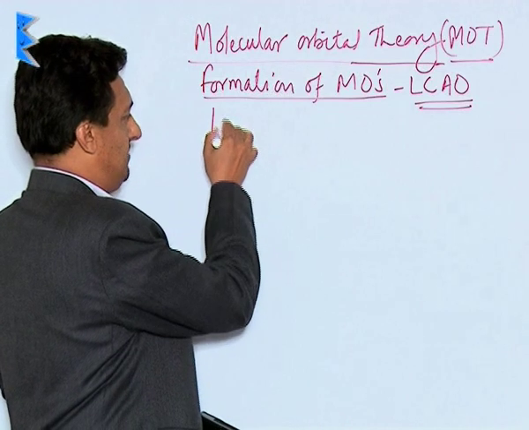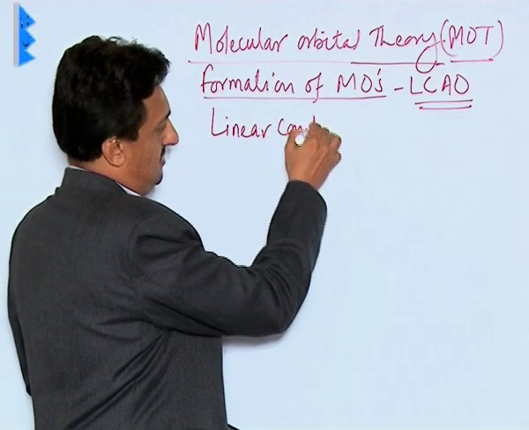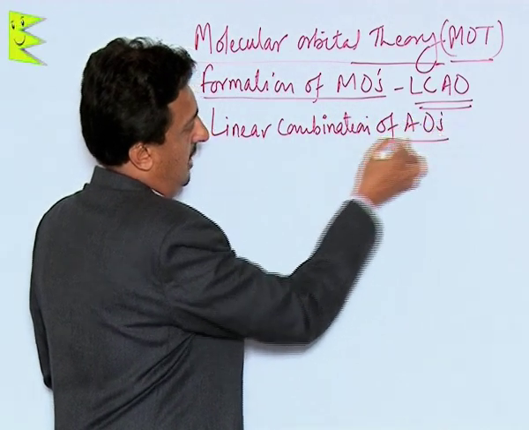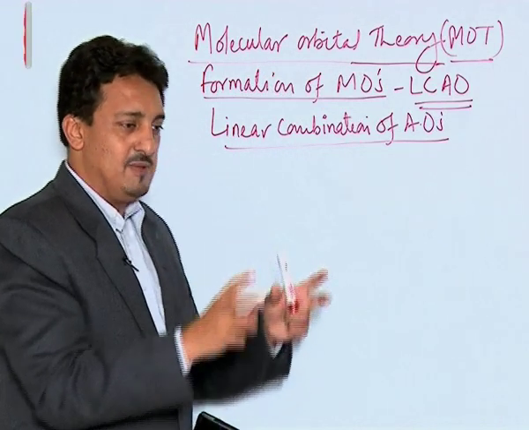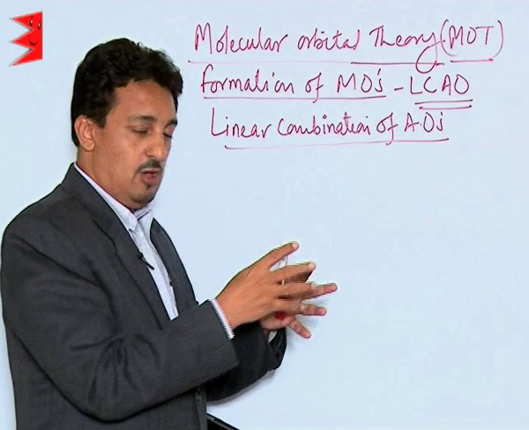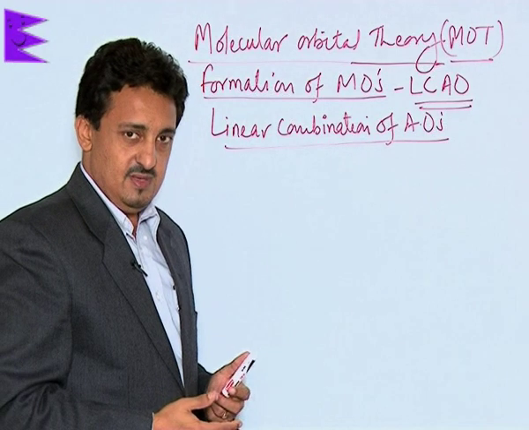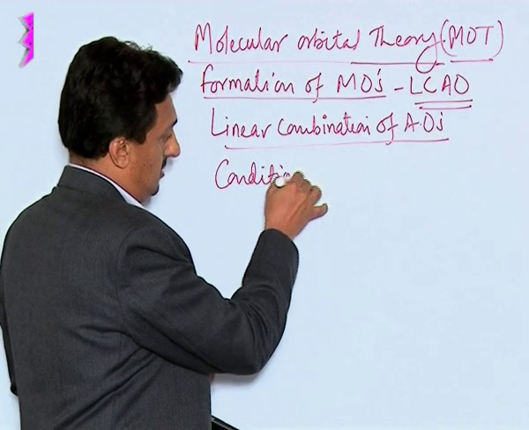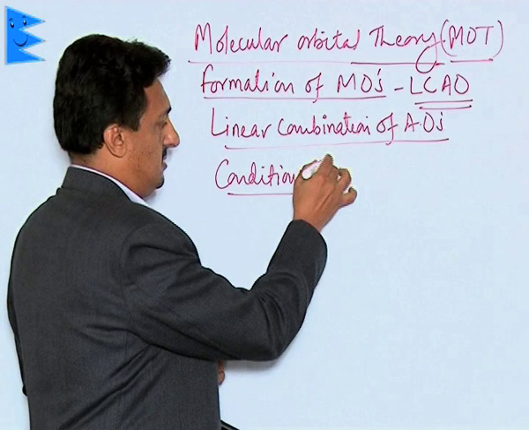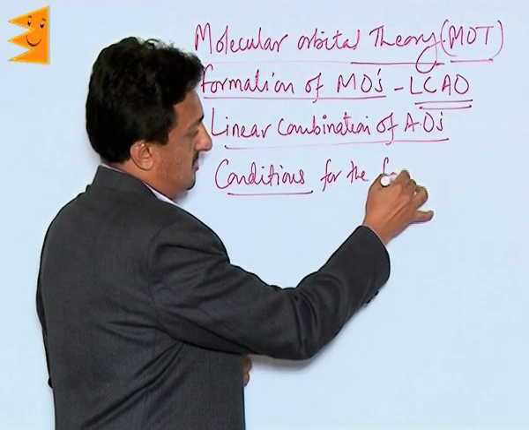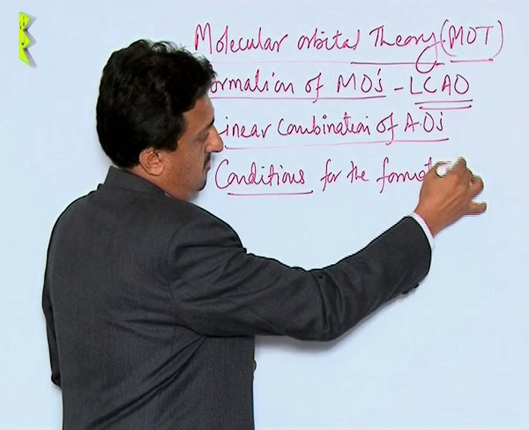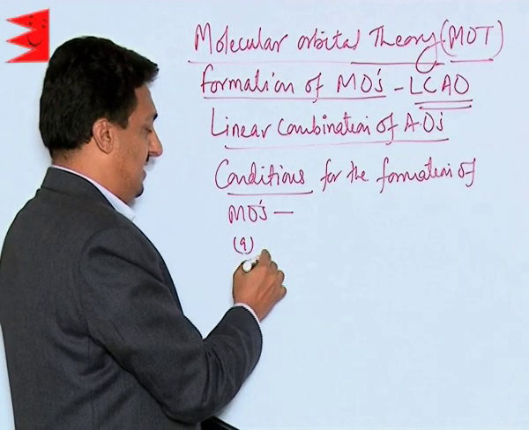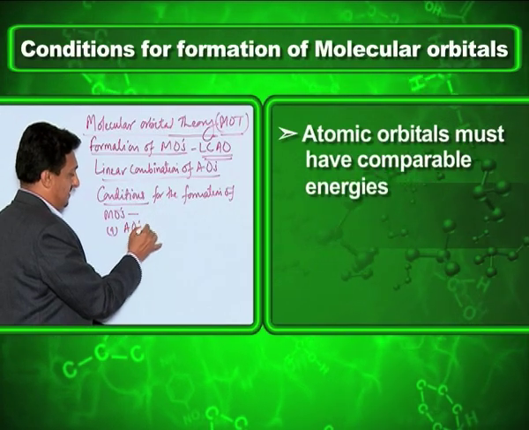So LCAO is nothing but a linear combination of atomic orbitals. It works on the same principle as we have been using in order to explain the hybrid orbitals. What does it say? It puts three conditions for the formation of molecular orbitals. First condition is the atomic orbitals must have